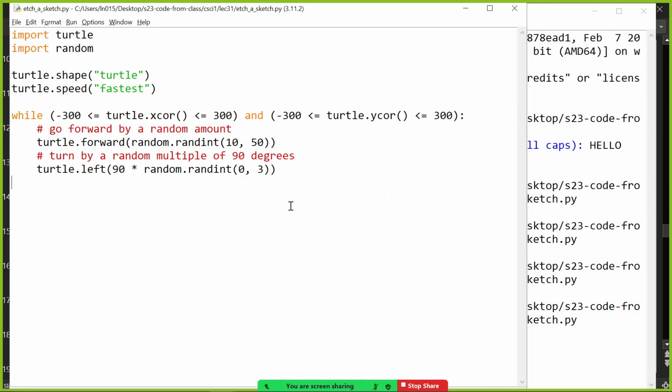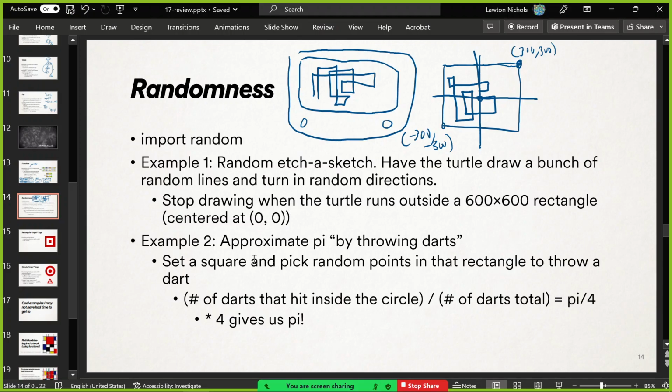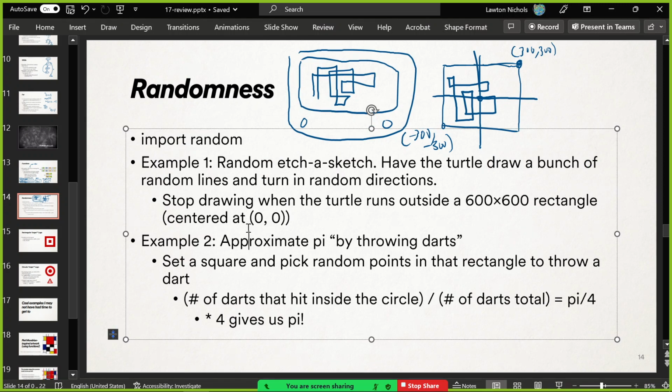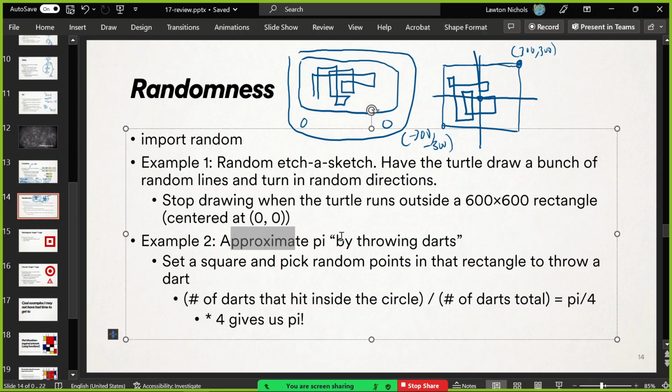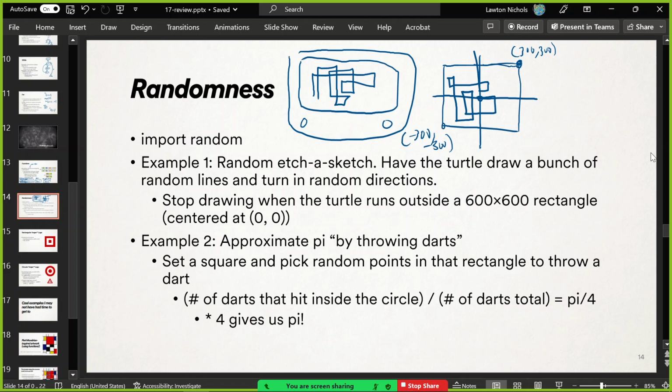So that's one cool example. What's another one? One that I want to show you, just a nice idea that involves randomness, is you can approximate pi with a dartboard, apparently, which is a cool idea. So let me try and teach you that. You can approximate pi by throwing darts, and we'll throw virtual darts with randomness inside of the computer. But you can do it in real life too. With enough darts, you can end up with pi.